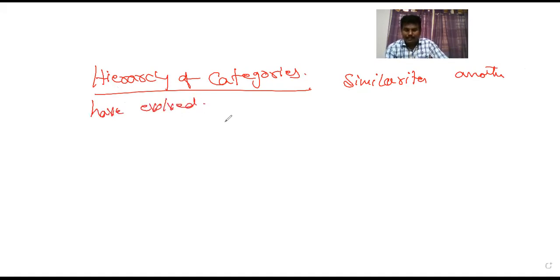Okay, that's all. Next, the putting up of the taxonomic categories in a logical sequence. All the living organisms are put into a logical sequence. This phenomenon is called hierarchy. Putting the living organisms in a logical sequence is called hierarchy. So hierarchy is a system of arrangement of classification. So the hierarchy of categories